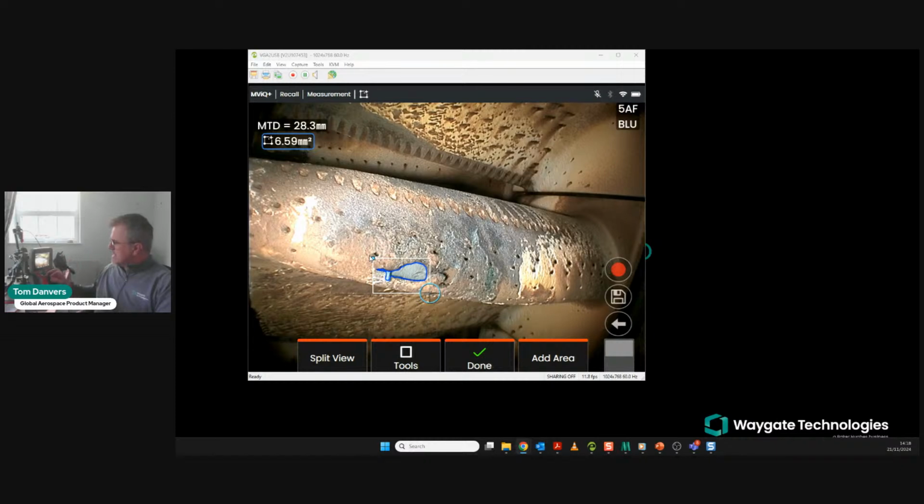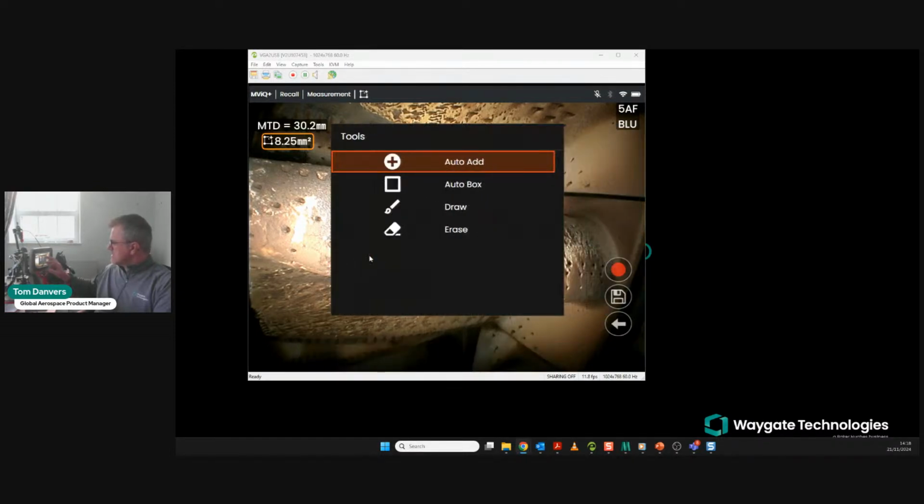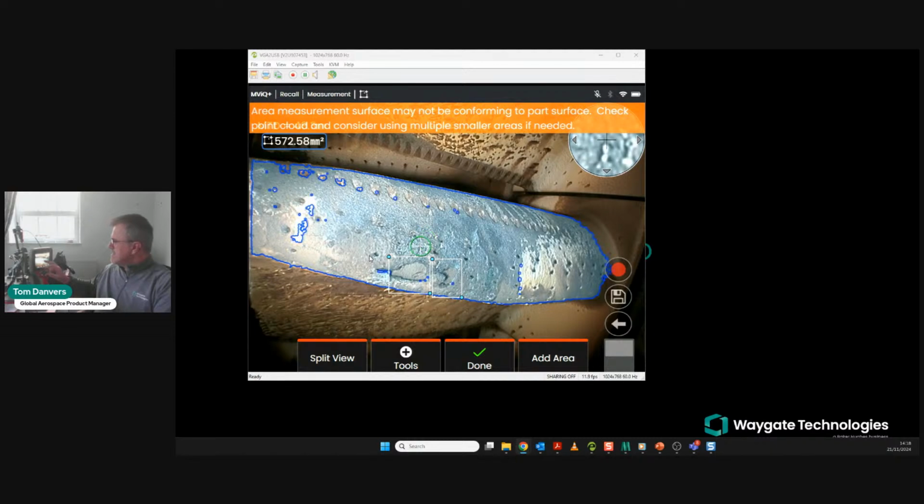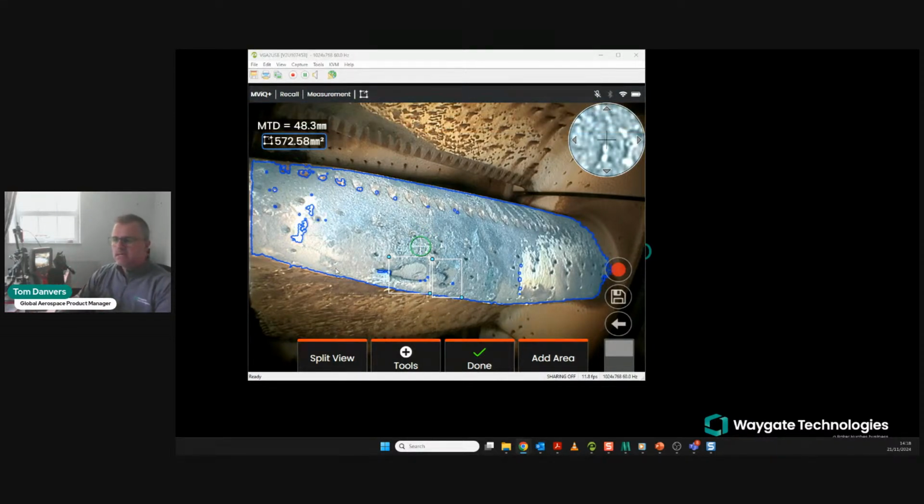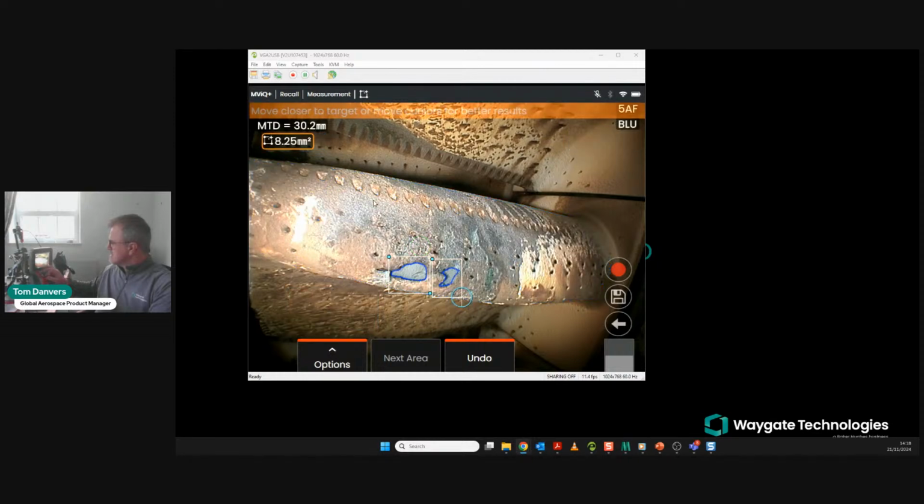So I've drawn a box around the first area of missing material, press tools, press box again, and now draw 2 boxes around the 2 areas of missing material. Let me make an adjustment, there we go, that looks a bit better for me. If I'm happy with that, I go to tools again, and I'll select auto add in error, just to really show you that it's not picking up the oxidation, because it's illuminating the whole leading edge of this turbine blade. So I'm going to remove that cursor and